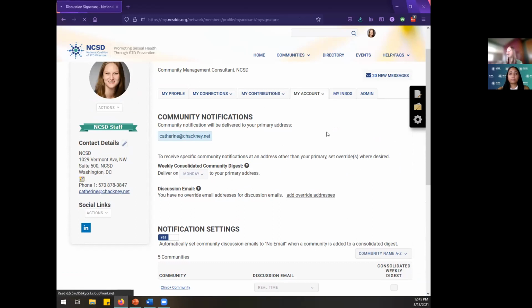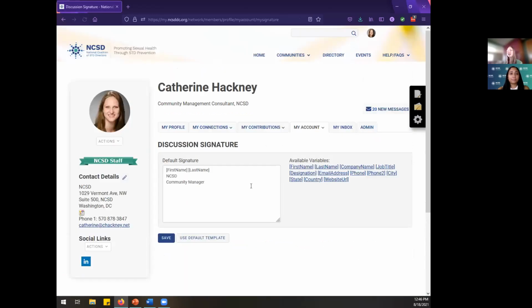And then last in this area under my account is that default signature. So nothing in my NCSD is anonymous. Everything is posted under your own name. Again, that's for accountability, to keep everybody within a professional and respectful tone. So you're owning your own words within this community, but you are welcome to customize your signature and use either the default variables we have over here. So it's pulling in the content that we have within our database for your membership. You can see I've done that for my first and last name here.